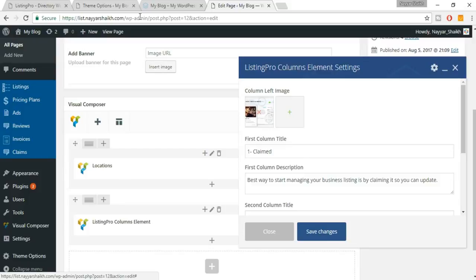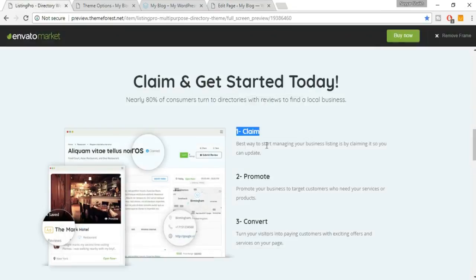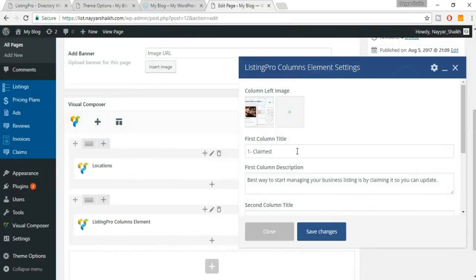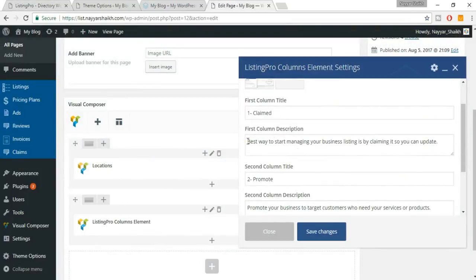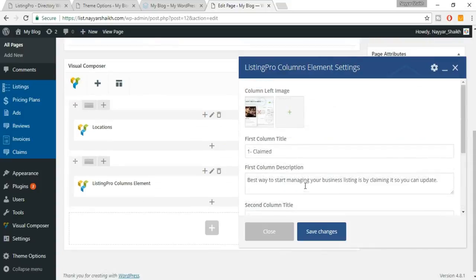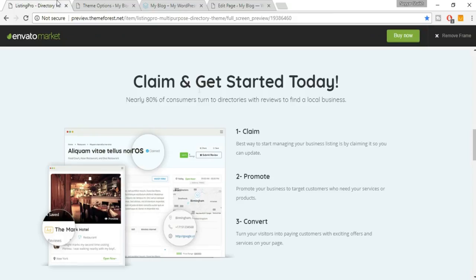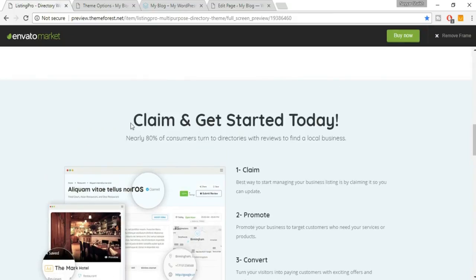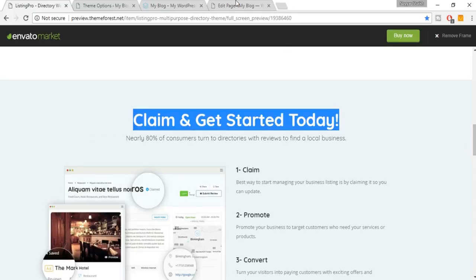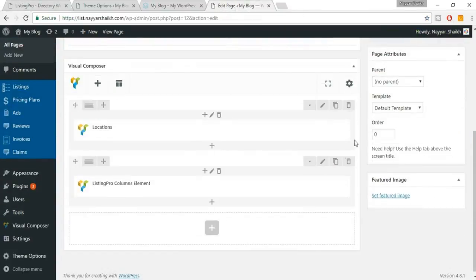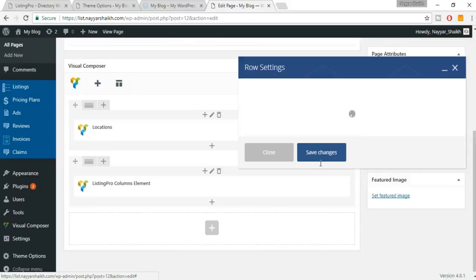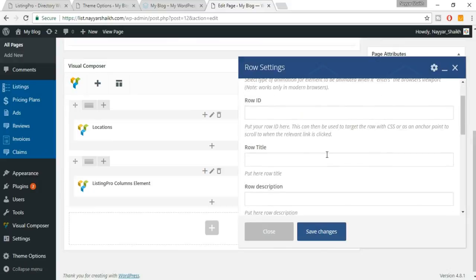It is written claim, best way to start managing your business listing is by claiming. So whatever it is, you can make some changes if you want. First column title, second column title, third column title. If you want to make some changes, you can do so. Now click on save changes, and here also we have this title and subtitle. So copy this, again click on this pencil button to make some changes in the row. Row title, fine,